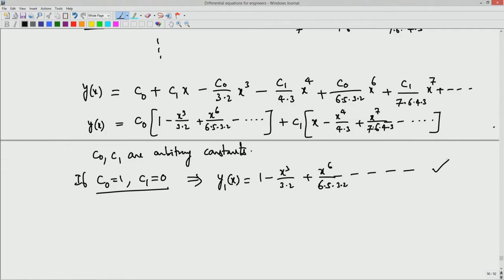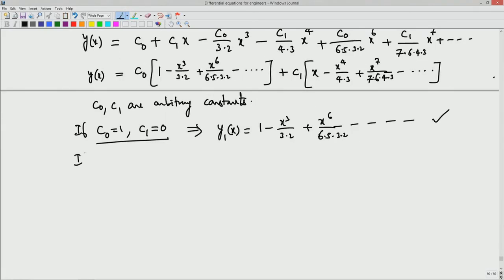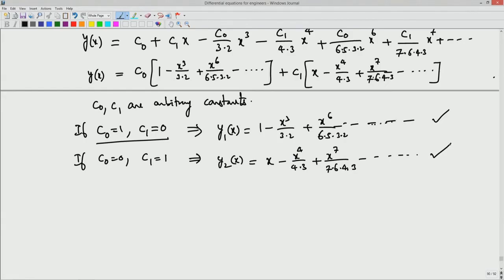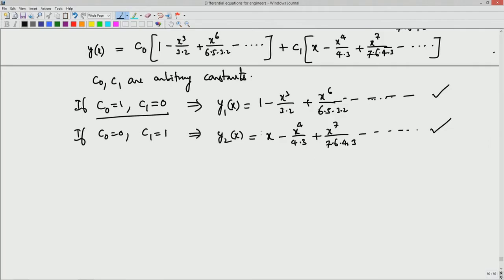So, this is one solution, and if I choose C0 equal to 0 and C1 equal to 1, you can get another linearly independent solution, that is x minus x power 4 by 4·3 plus x 7 by 7·6·4·3 minus and so on. Okay. This is a minus starts and then dot dot dot. So, this is another linearly independent solution. These two are linearly independent because one is starting with 1, the other starting with x. Okay. X cube, x 6, you do not have other things. So, obviously, they should be linearly